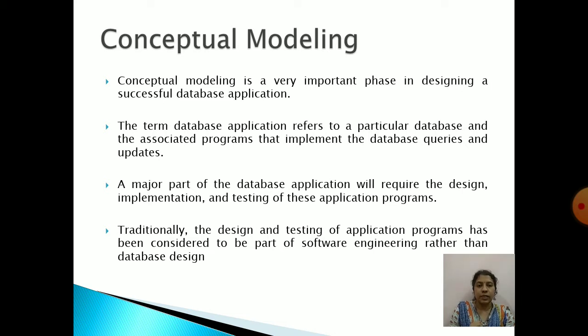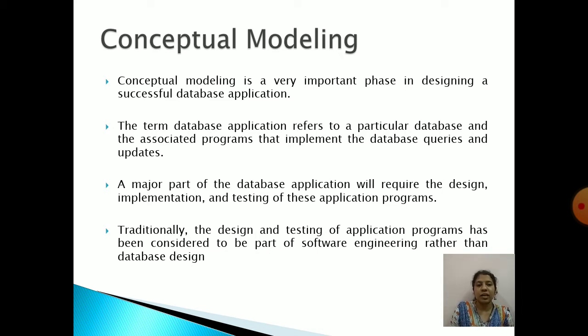Major part of database application will require the design, implementation and testing of these application programs. When we say design, implementation, testing, all these terms, right?